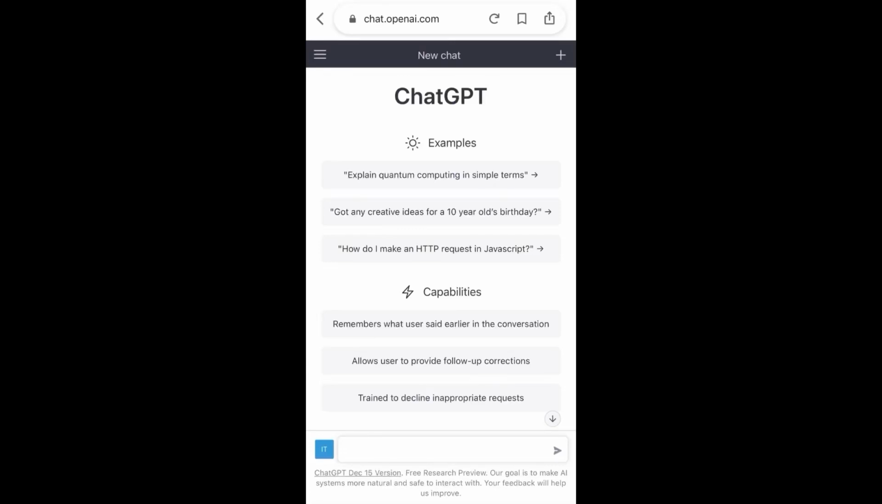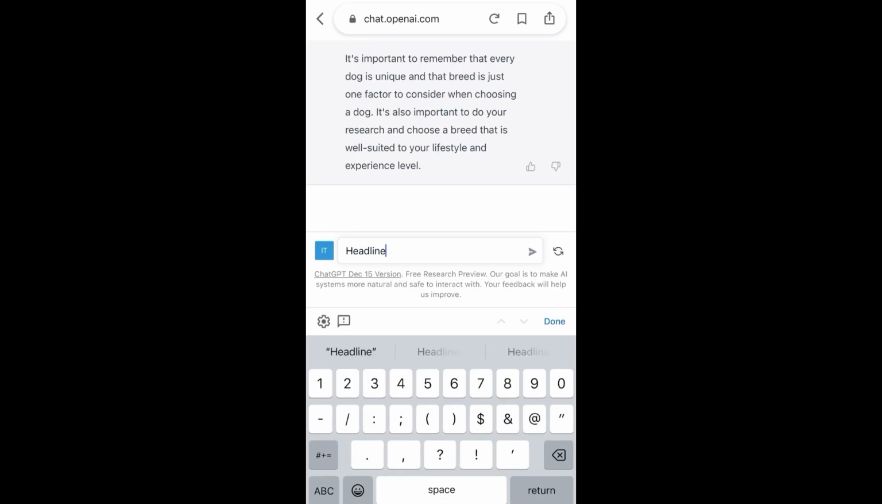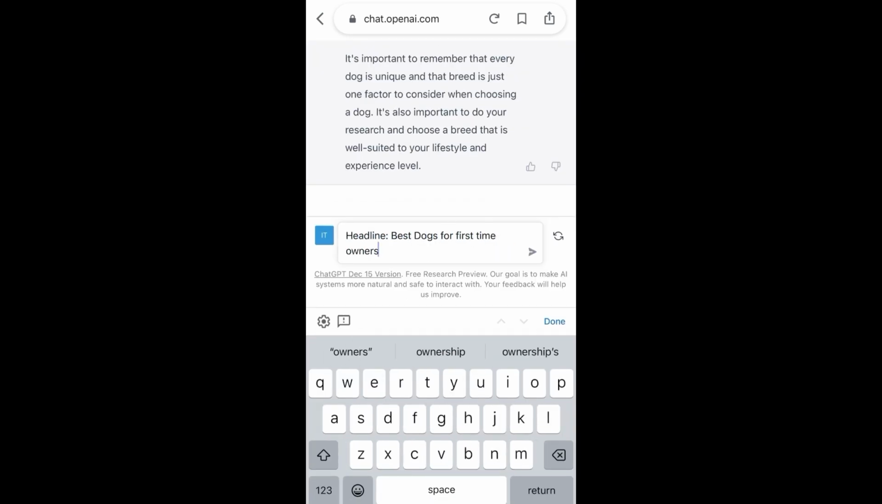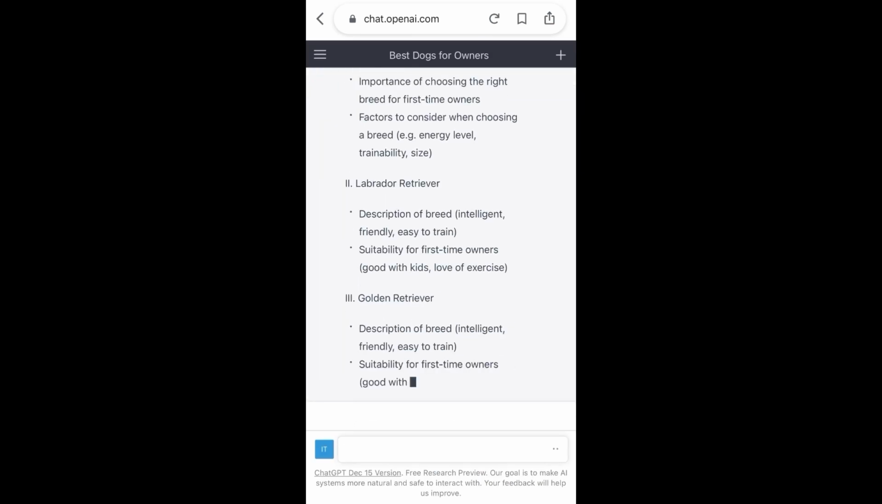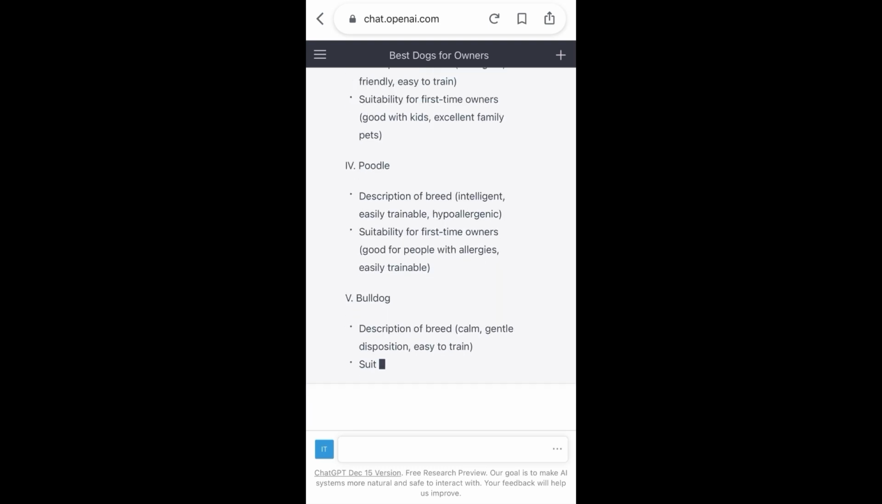First, we're going to create our script using ChatGPT. For this example, we're going to talk about the best dog breeds for first-time owners. So you're going to put the headline, best dog breeds for first-time owners, and then we're going to write an outline for an article. And this will give us a detailed outline for this topic, which will give us more information and help us